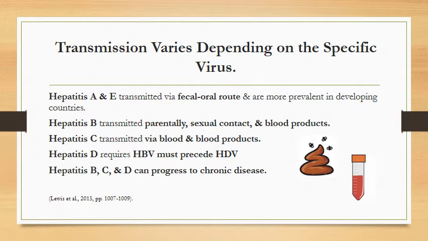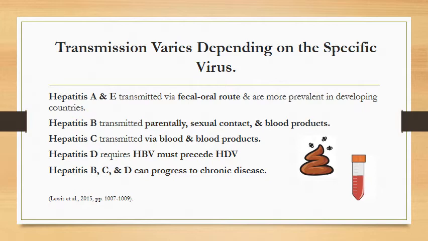Hepatitis B is mainly transmitted by exposure to blood and blood products. The incidence of Hep B has decreased due to available vaccinations. Hepatitis C is the most common type and can result in both acute and chronic forms. It is also transmitted through blood and blood products, and the use of needles and syringes are the main sources of transmission.